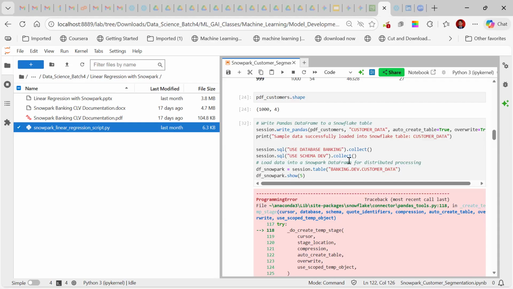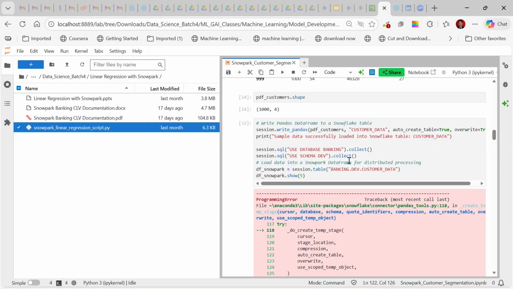Inside that pass database equal to, schema equal to. So session dot write pandas you have written, right? Just a minute, I'm just checking. Our connection string, everything is connected, the session is also connected.